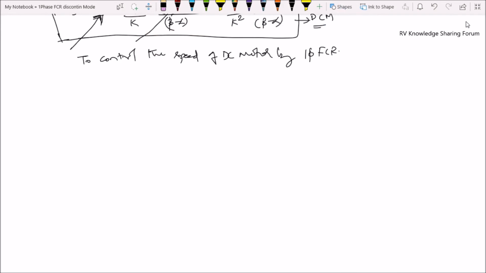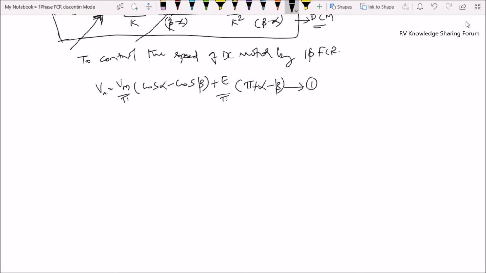So let me write the equation 1 once again here in order to make you understand how the speed of this DC motor is controlled. The equation which we obtained is VA is equal to Vm by pi into cos alpha minus cos beta plus E by pi into pi plus alpha minus beta. So this was our equation number 1. I am rewriting the equation 1 here in order to make you understand how the speed of the DC motor is controlled by means of using a single phase rectifier.